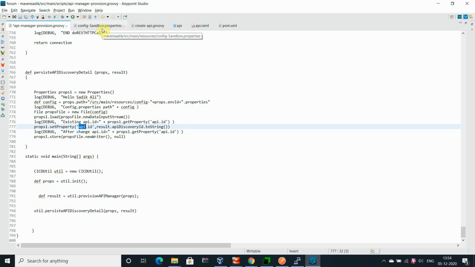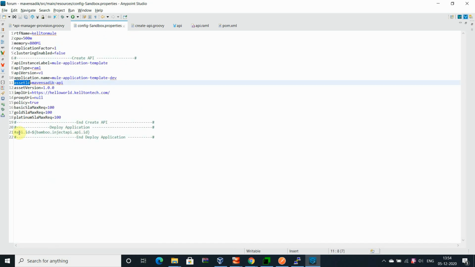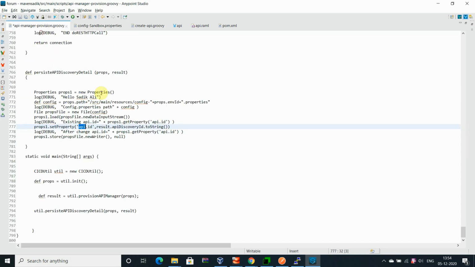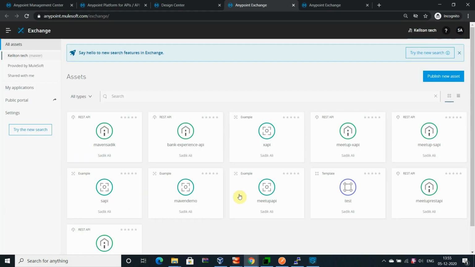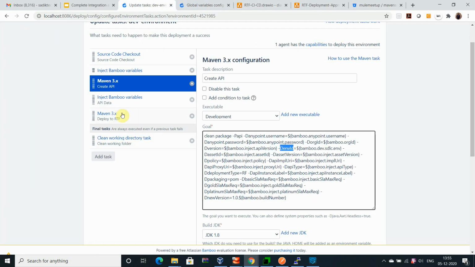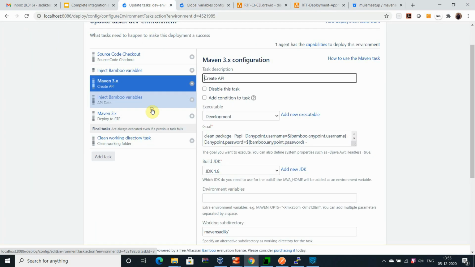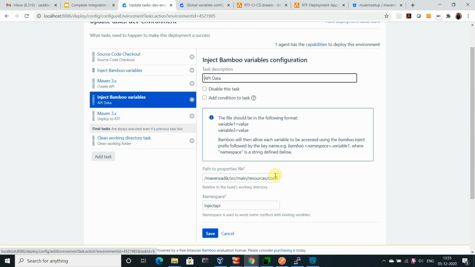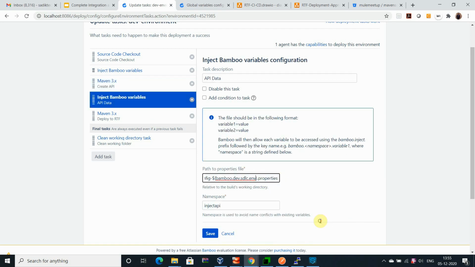So you will write down the new API key over here itself. So now this is the step. Let me go back again. Now you have created an updated property file, so I have to upload the property file once again. I have uploaded it, although it's not required to upload multiple times, but I am doing it a couple of times to perform my CI/CD process. You can optimize based on your understanding or process.